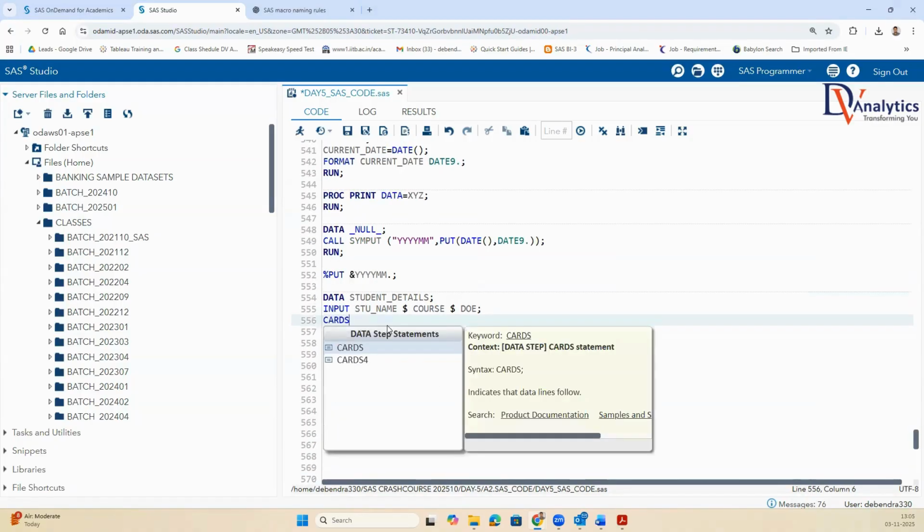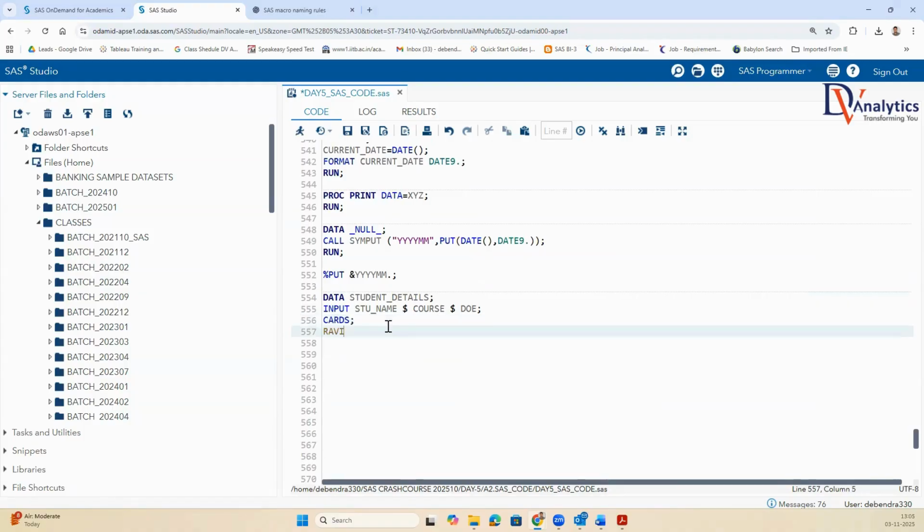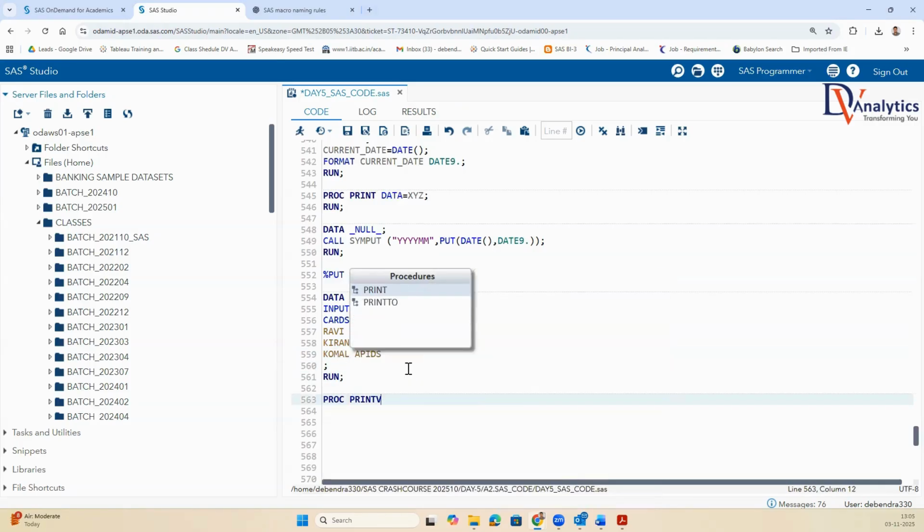Okay. I use cards. I put Ravi as John for APIDS. And date of inquiry I have not added here. First of all, I just create like this. Then Kiran has opted for APIDA. Then Komal has opted for APIDS. So ultimately, in my data set,